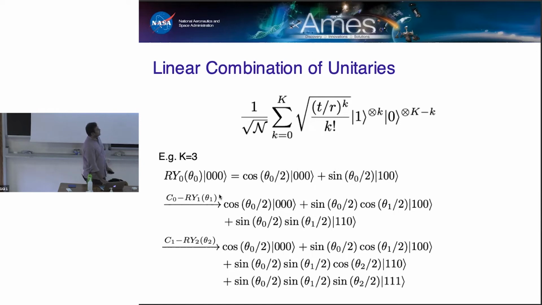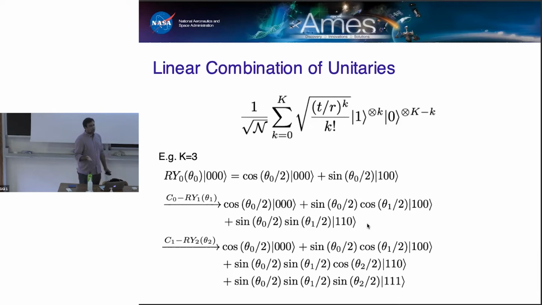Now, if I apply a controlled rotation operator controlled on the value of the 0th qubit, which is the leftmost qubit, I apply a rotation Ry on the first qubit, which is this middle qubit. It does nothing to this basis element because the qubit over here is in the 0 state, right? But it does mix the 0 and the 1 state of the middle qubit. And so I produce these particular amplitudes. And so you can see where I'm going with this, right?